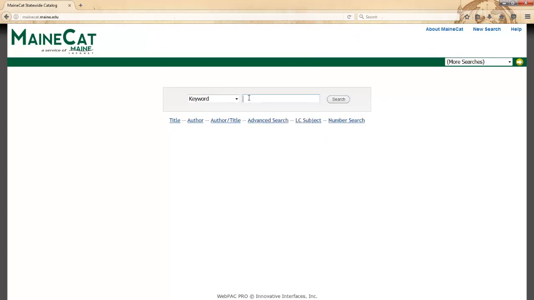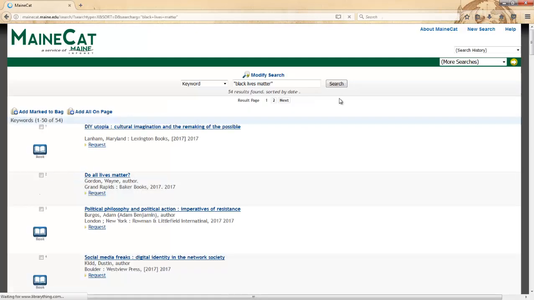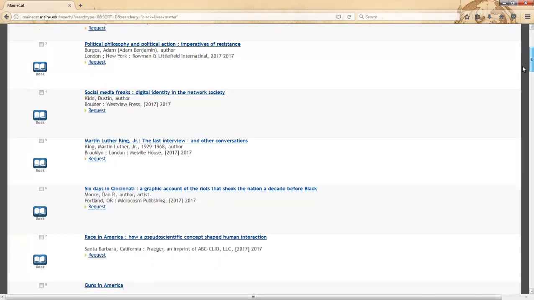So for this search, let's do the movement Black Lives Matter. Again, because it has 3 words in it, I'm going to keep it in quotes so that it keeps the words in the correct order and doesn't find the words in various parts of the same paragraph. We want it all together in one statement here. All right, so we got a number of things, 54 things, and if we look through what we're looking for,